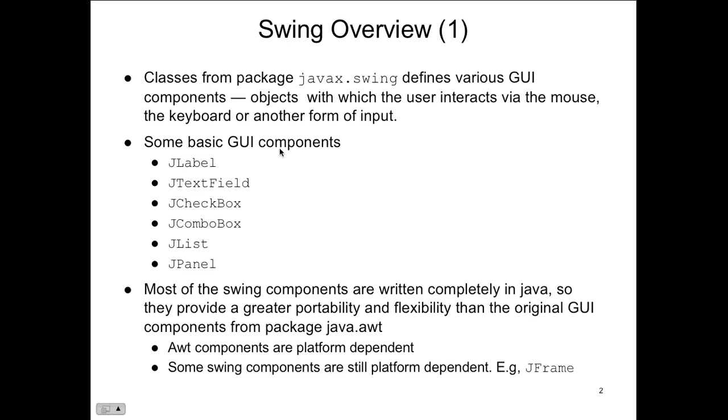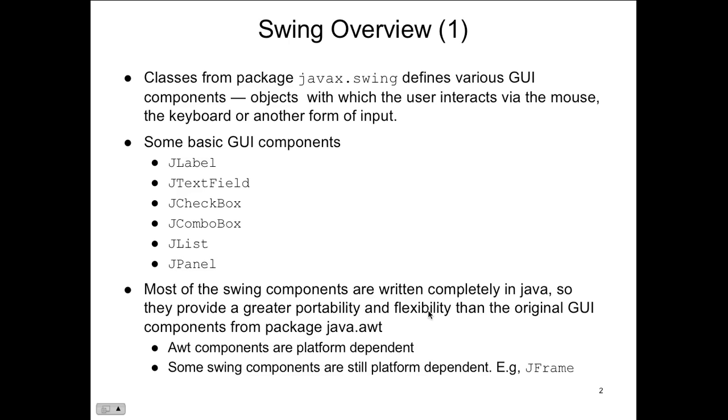Some basic GUI components that are part of it. We've got the JLabel, which puts something out on a window box. We've got the text field. We've got the checkbox, combo box, list, and panel, among other items. These are the ones I'm going to focus on. There are tons of other components. Interesting thing is this J, capital J, that appears before everything. All of the components, if it's a label, a checkbox, multiple select box, imagine everything's got a J in front of it. Most of the swing components are written completely in Java,